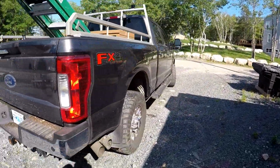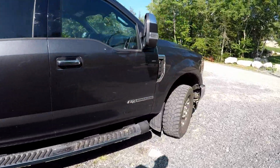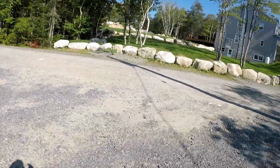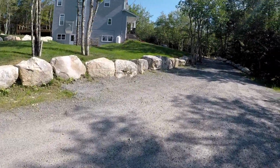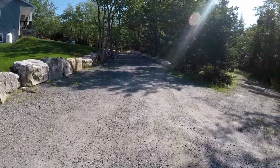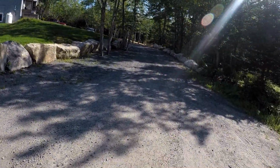But anyway, guys, I need your help. What are we gonna get? What do you guys want to see? What is the best light duty all-terrain tire out there? Here's a few options that I sort of came up with. Right off the get-go, the DURATRAC. I don't really want to try those because everybody has those, but